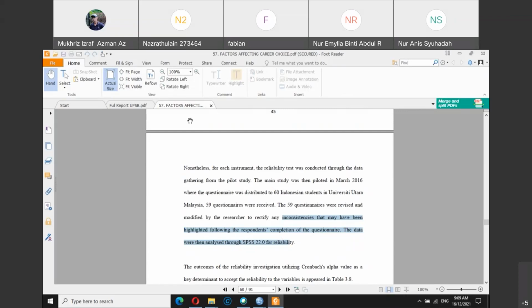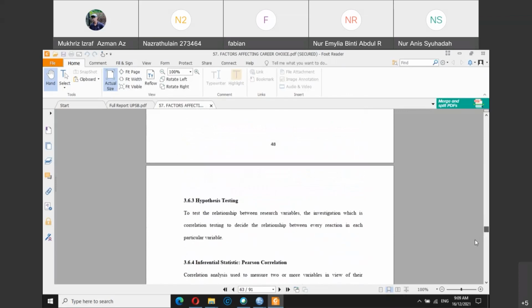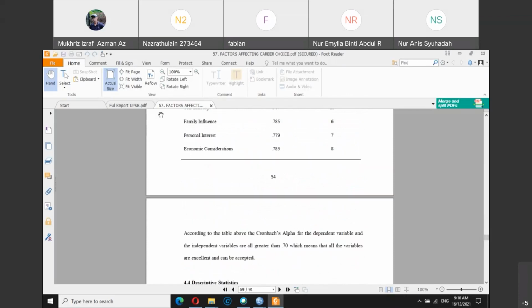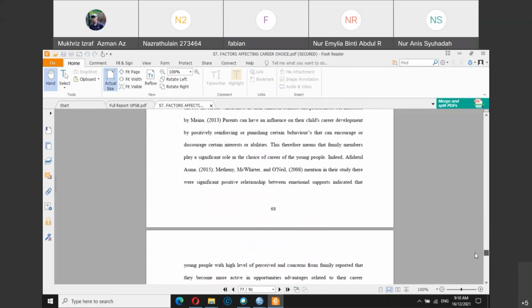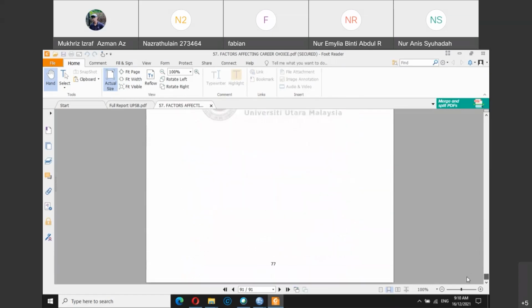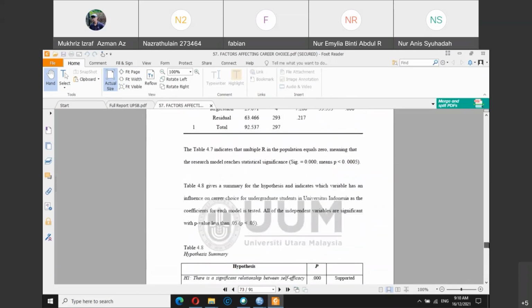As such, this is number 57 here, because the target respondents are among students. So you can see these questions are targeted for students, and you can see how the construct is. If you are doing a topic like this, factors affecting career choice, then you can directly apply or use these questions, because the target respondents are also among students, even though the students live in Indonesia, for example. But overall, it shouldn't be much different from UUM students. So you can get the questions from this particular